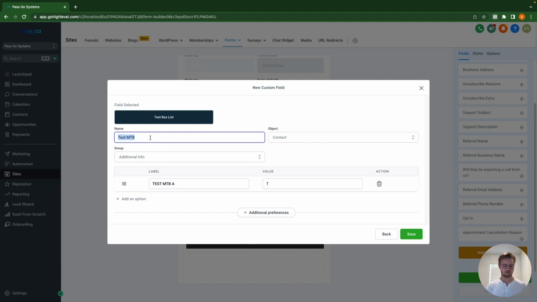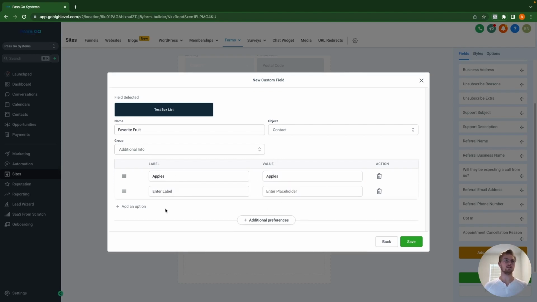So favorite fruit, and apples, and then value, you could do apples. So this is just going to be what it's called, and then what's the pre-text that's already in there as an example. So then add an option,